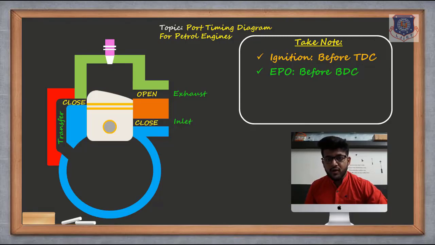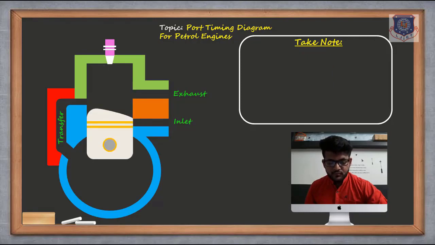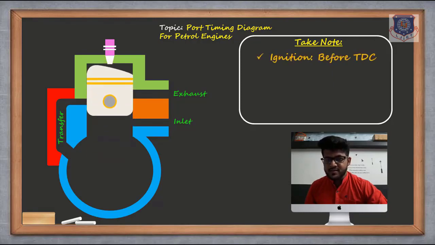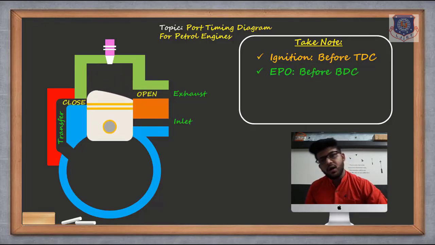So what is done till this step? I am repeating all this again. The piston moves, spark is done, so we will get power. Due to that power, the piston will come down, and due to that combustion, exhaust gas will be formed. So now what is happening when the piston comes down? All the exhaust will go outside of the exhaust port. So it is the simple logic behind the expansion stroke. Now we are seeing expansion and the exhaust port is open.